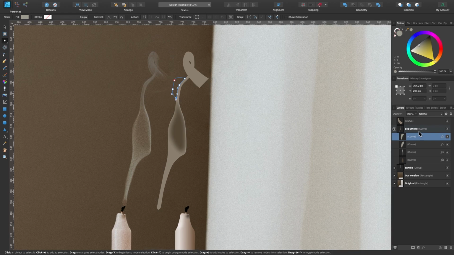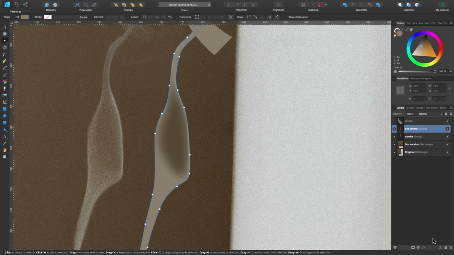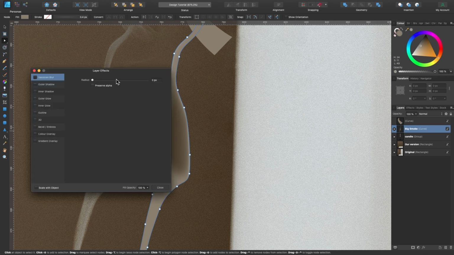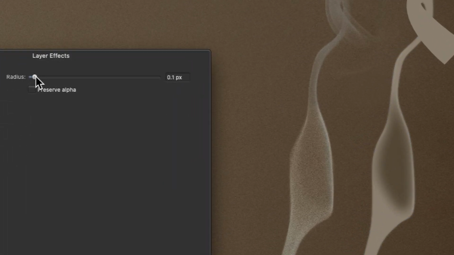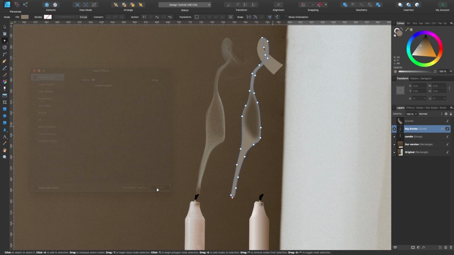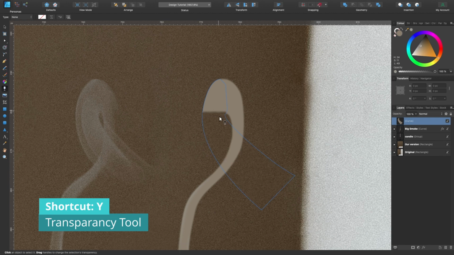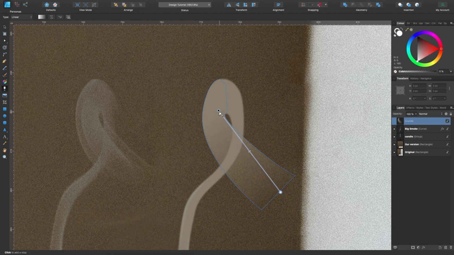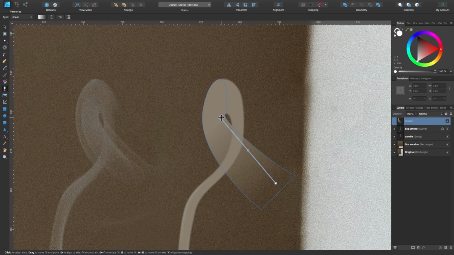Okay, that's finished there. Obviously these edges are very sharp, so what I would do is go to effects and add a Gaussian blur onto that until it looks kind of similar, just a slight one there. Okay, with the tail up here, I'm going to use the transparency tool. I'm just going to click and drag like that till it's completely transparent at the bottom here. So you can change it up here. The opacity is 100 and this one it's 0. So I'm just going to keep it like that.